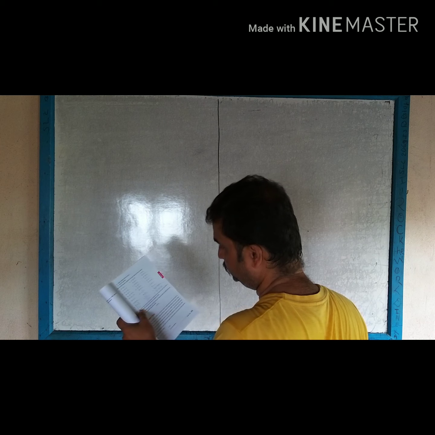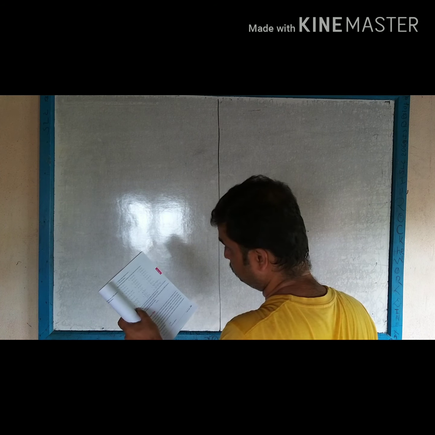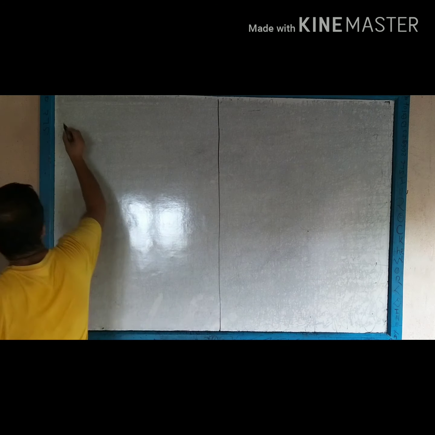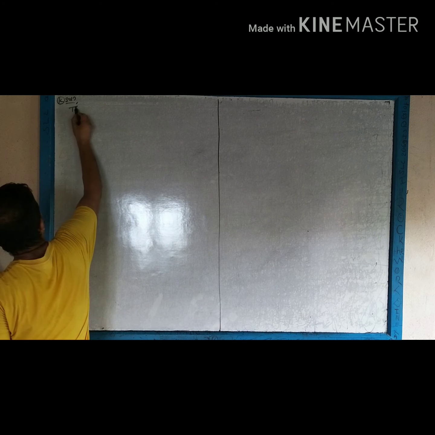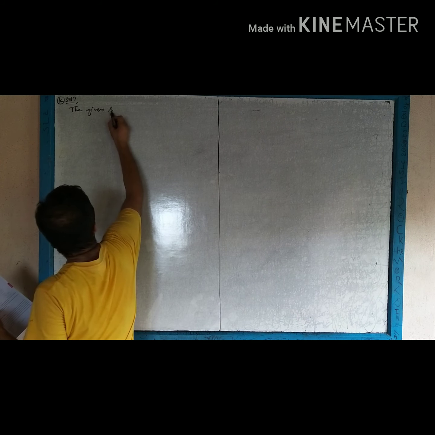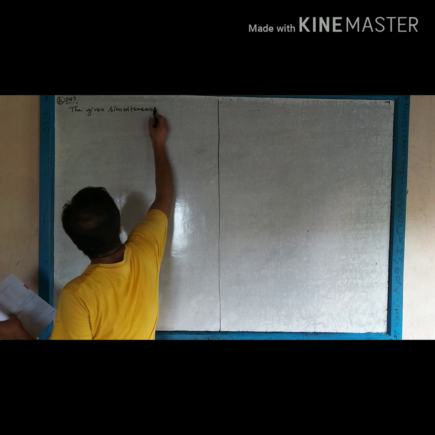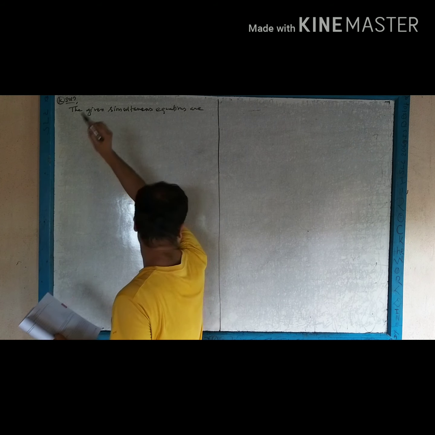One problem. Question number K, N and P I will solve. K number question is very easy. Solution. The given simultaneous equations are